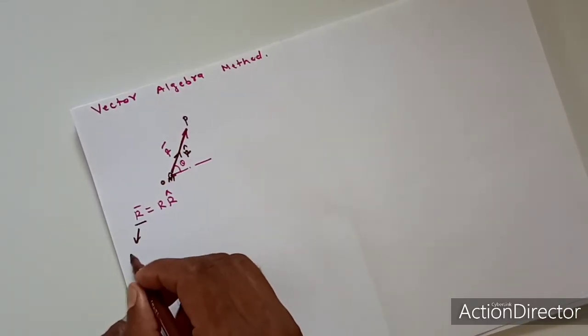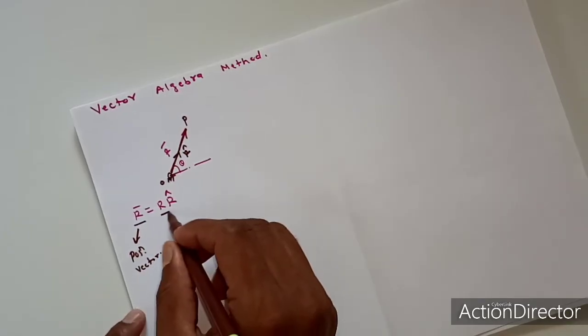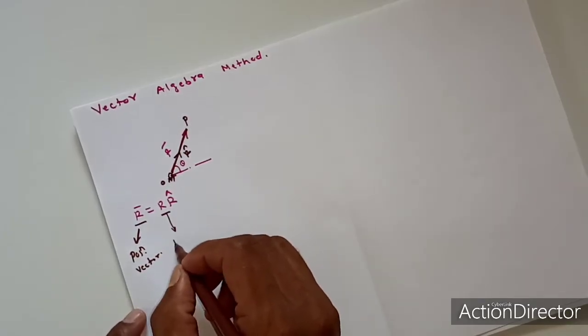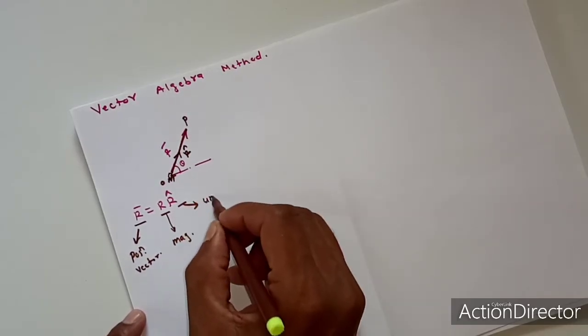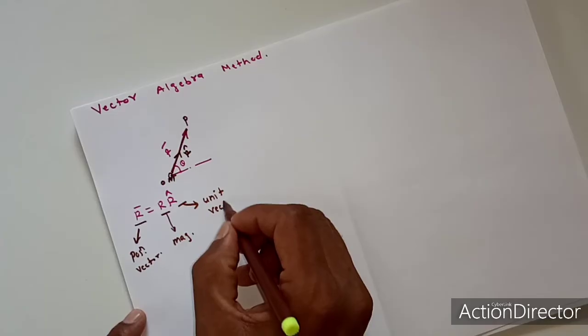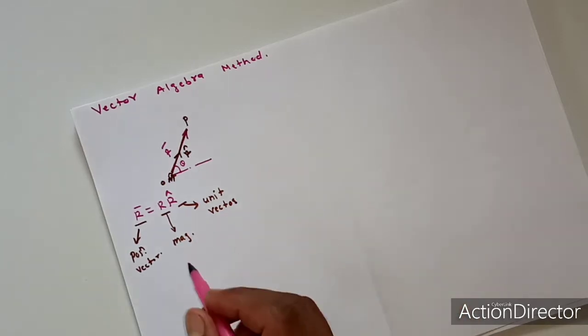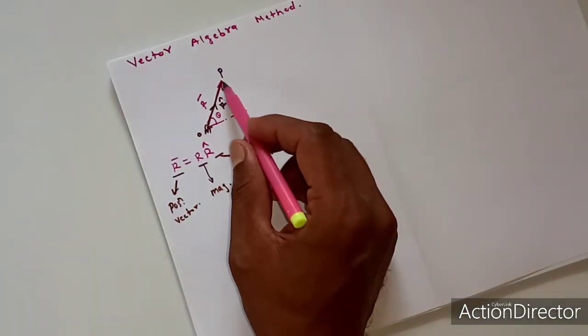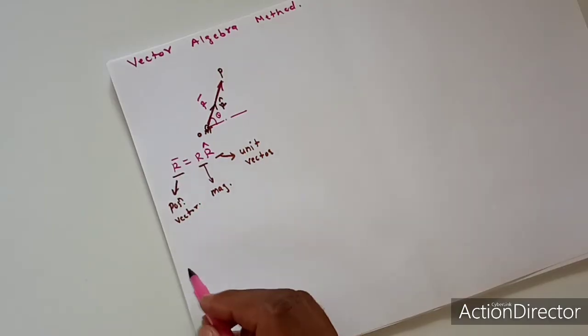R bar is the position vector. R is the magnitude of the vector and r cap is the unit vector in the direction of vector r bar, which indicates the direction of vector r bar. Now to find out the linear tangential velocity of P relative to O, we will differentiate this equation with respect to